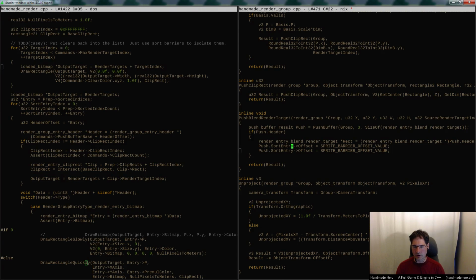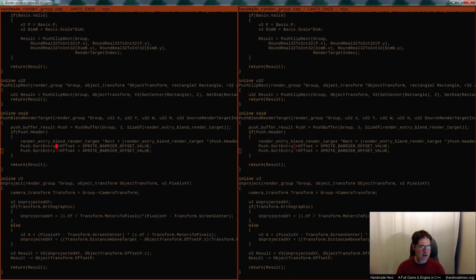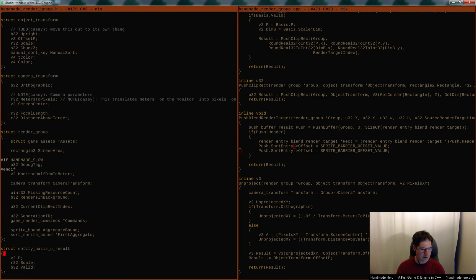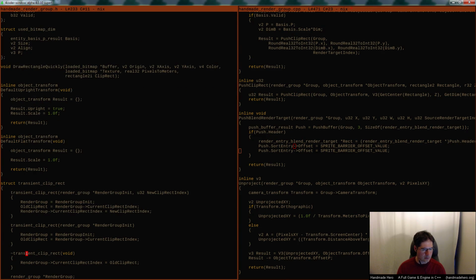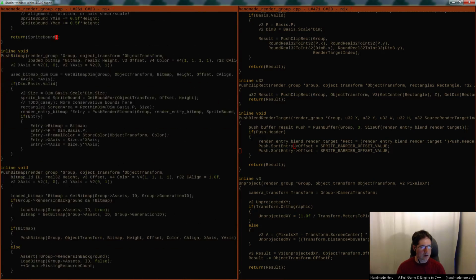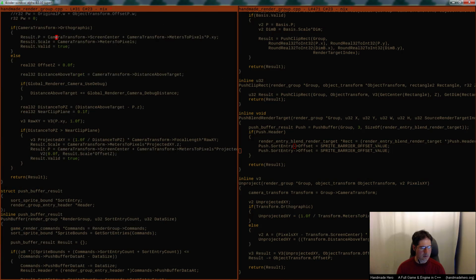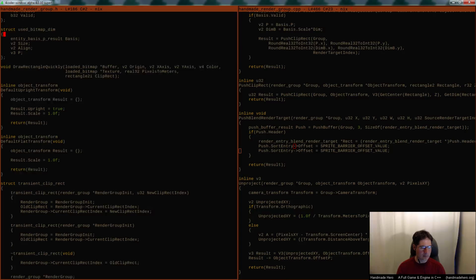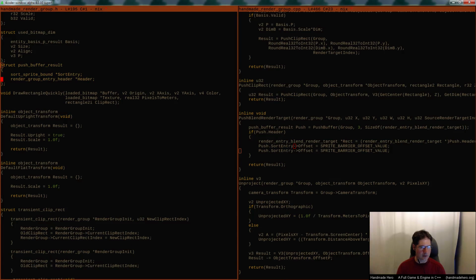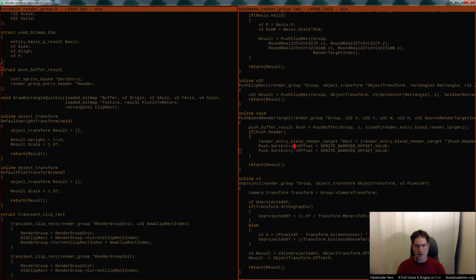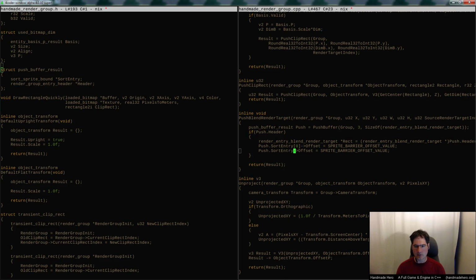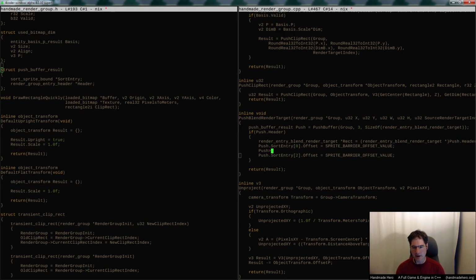So push sort entry. How does that happen? Where is that struct? There it is. I wish you to come out to the outer side of things. There we go. So our sort entry 0 and our sort entry 2 are going to look like that, but